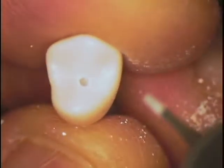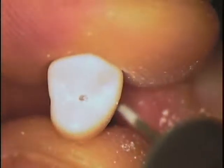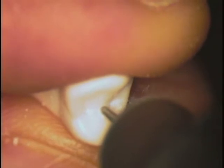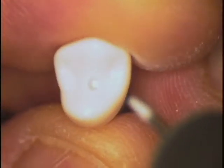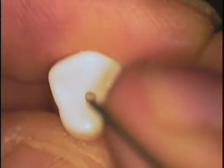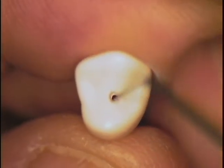Now, the company actually has made this pretty close to that of the human tooth, human bicuspid. So I'm going to keep going until I discover I'm going to be at the roof. Now, I'm now almost 6 millimeters. Okay, and if you look real close, you can start to see it's getting a little pink. Now, if I'm starting to just discover this for the first time, I might want to take my endodontic explorer and just go ahead and try to punch through that thin roof. So let's see if it goes in. Yep, it did. So I punched in, and there, lo and behold, is the first part of the root canal